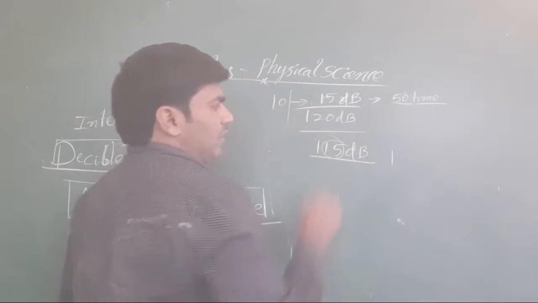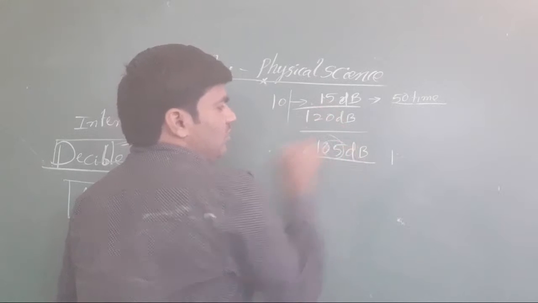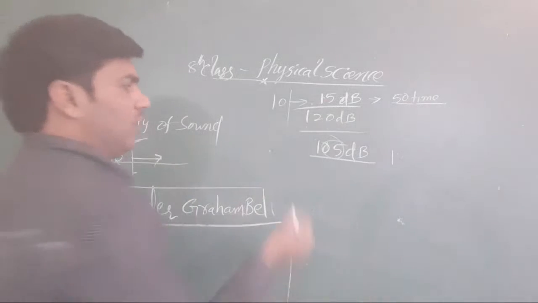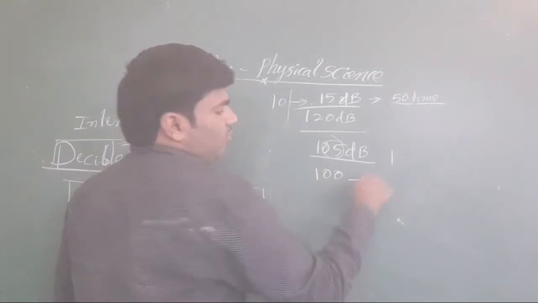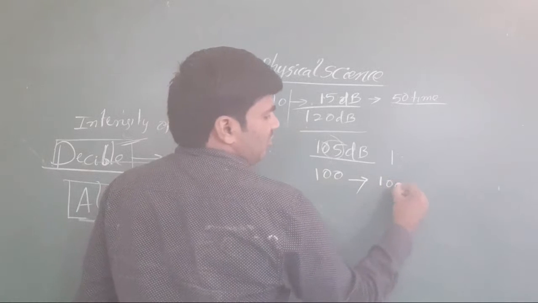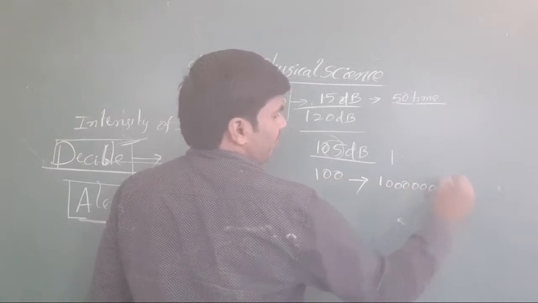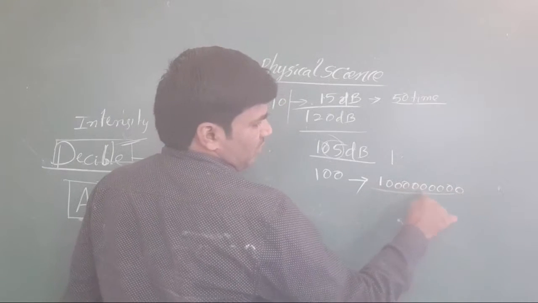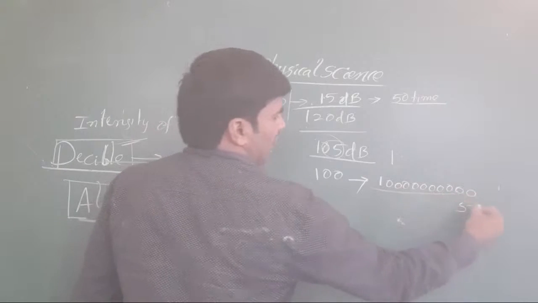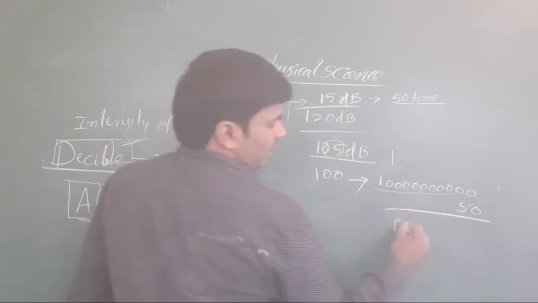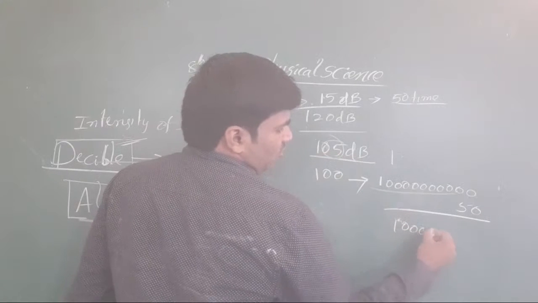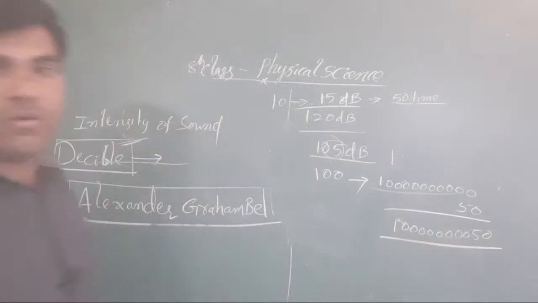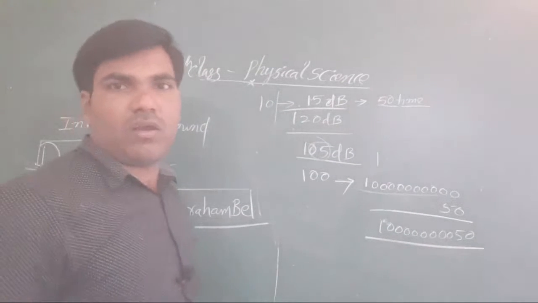Now you know very well, it is 105 dB only. You know very well: for 100 how much? For 100 how many times? 100 means 10 zeros you have to take like this. Clear or not, all the students? 10 zeros: 1, 2, 3, 4, 5, 6, 7, 8, 9. 10 zeros, and add one more for 5. That is how we write it as 0, 0, 0, 0, 0, 0, 5 times. This is the answer for us. Clear or not, all the students?